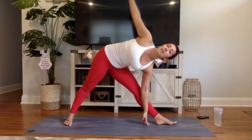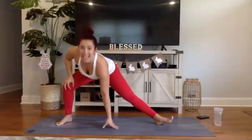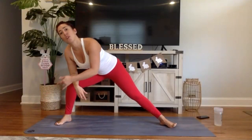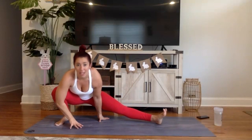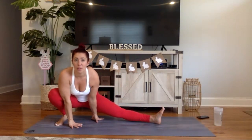Now remember, we're gonna skandasana to the back of the mat. So rise up and then slowly, right leg, bending that knee all the way. Now look, if you come down and your heel lifts, then don't come down all the way. Maybe you have to stop here today. So that's the point. Your whole right foot needs to be connected to the mat. So only go down as far as you can, and keep that connection. Left toes face up towards the ceiling, taking whatever variation you want with your arms for 3,